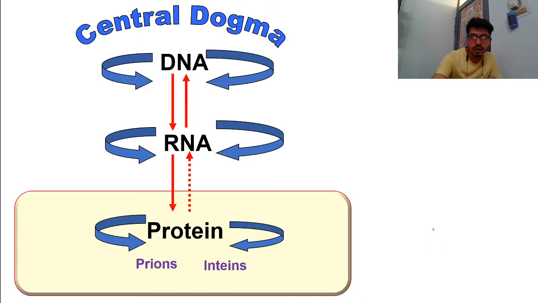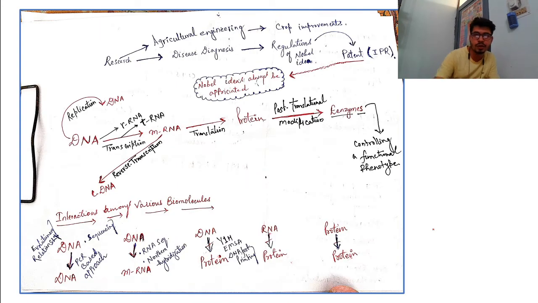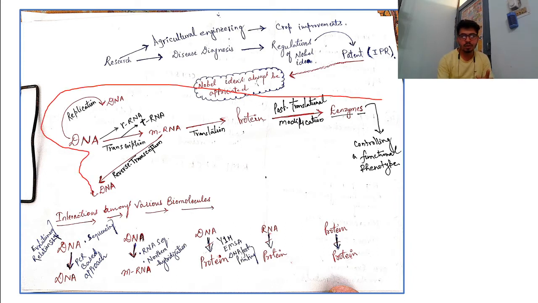So come to the next slide. I have already told you the various ways of synthesis, and the central dogma of biology is really very important for a molecular biologist's approach. This is written by me, so I will tell you why I have given this. This is just the central dogma of biology, nothing else.